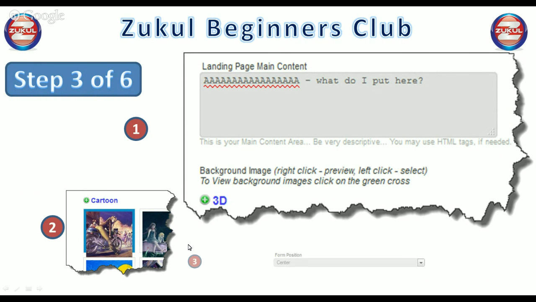Having done that, your next step is to choose the position you want. Now, for example, in this one here that I've chosen, you see a bulk of the darkness of the image is on the left. It's somebody on a motorbike. So ideally, I might not want this capture box, the form position, in the middle. I'd be better off putting it on the right-hand side. So if you click on that drop-down arrow, it will drop down and give you the choice of where you position this email capture box. So for the moment, I'm leaving it in the center.